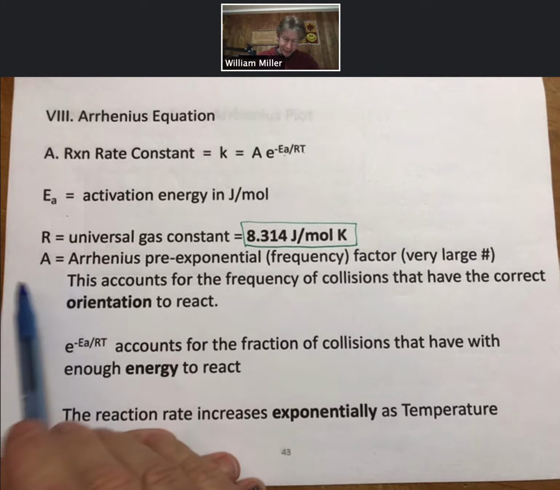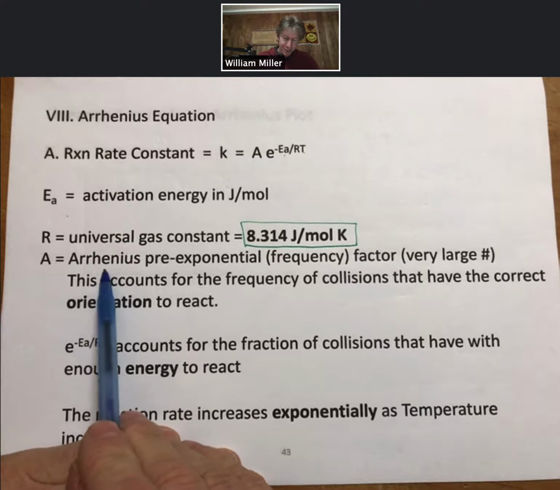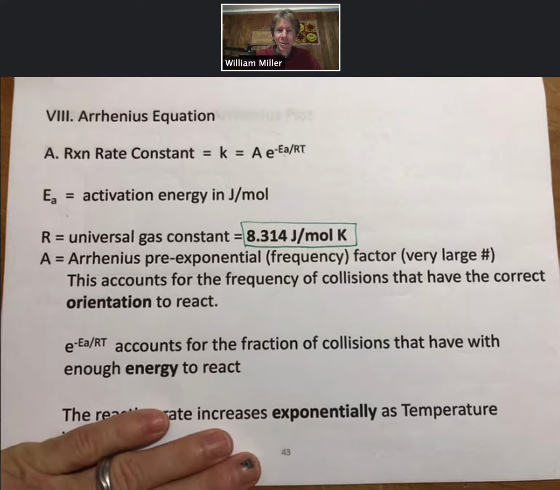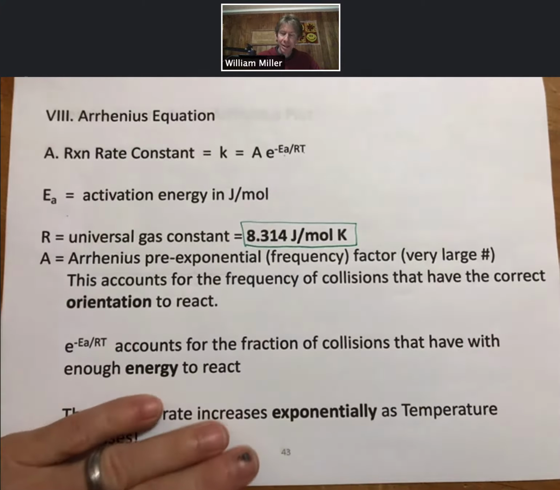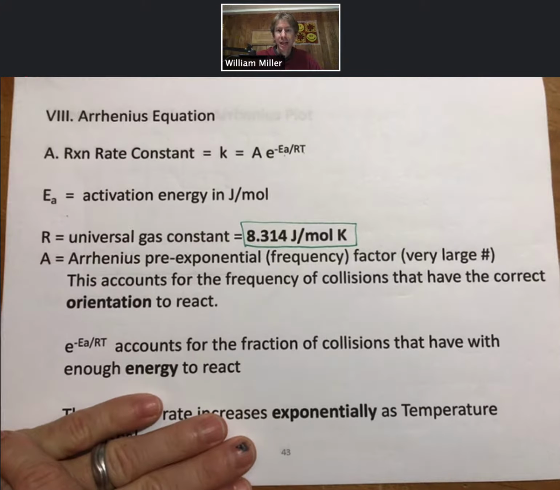Now breaking this down, so A is what's called the Arrhenius pre-exponential or frequency factor. It is usually a very large number, and it accounts for the frequency of collisions that have the correct orientation to react. And we're not going to say a whole lot about that other than we can determine it when we do plots, or graphs,